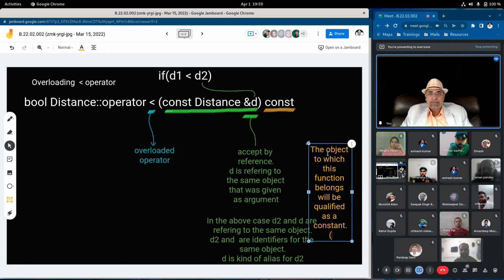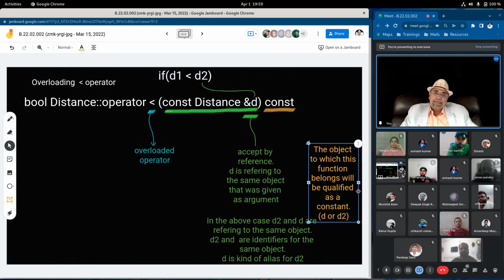In our case, it will be D or D2, both the same, will be interpreted as a constant. Okay.